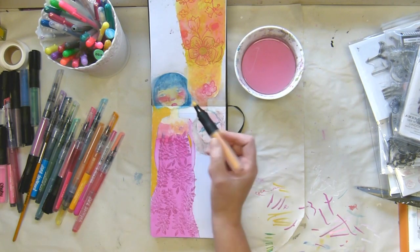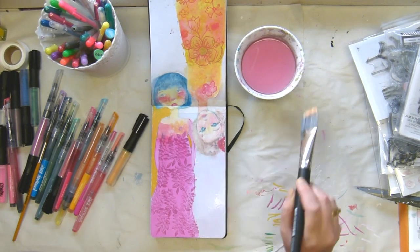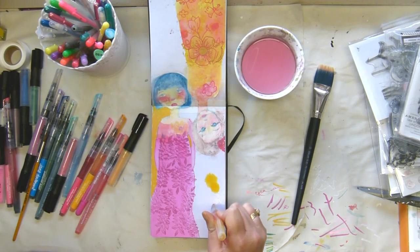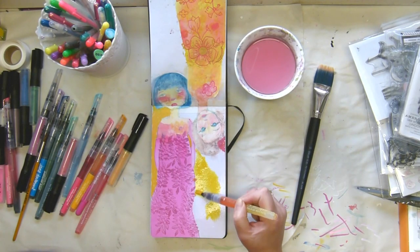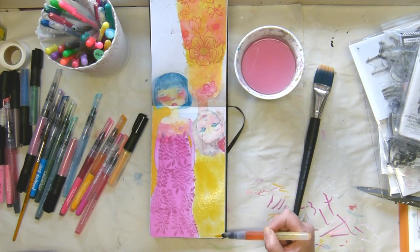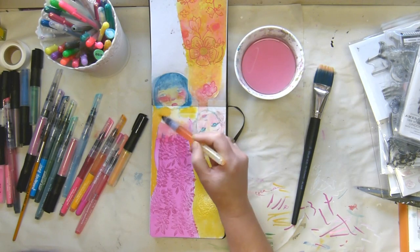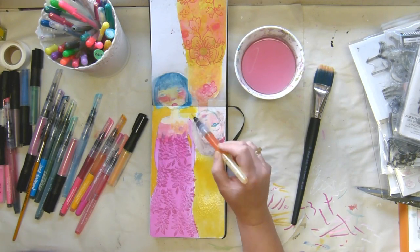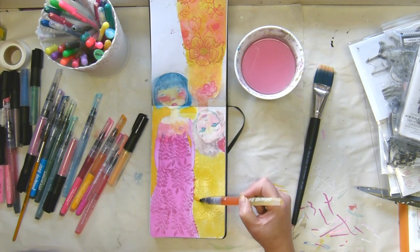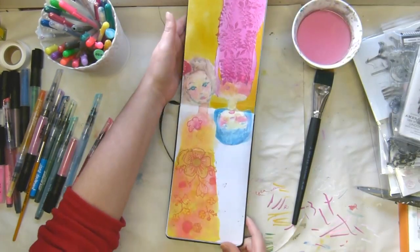Art journal journey. I was trying to get very poetic there, and it just failed miserably. Must say, I'm enjoying this paintbrush. I bought it locally. I'm not sure what size or what it's called, but it's really great for putting a lot of water down. So I'm covering up the background there, and I'm going to do some more to the dresses,